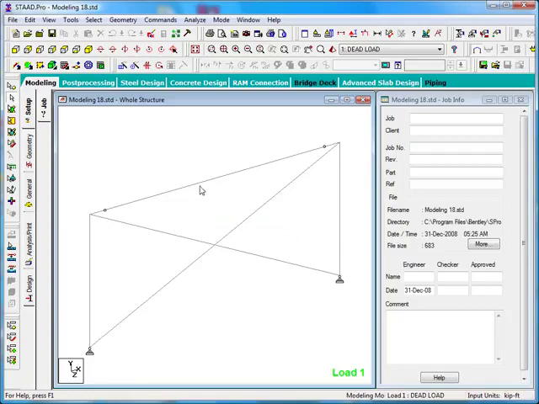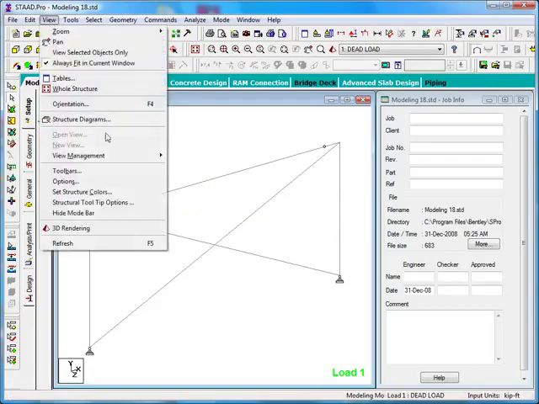So with the beams cursor active, what I'm going to do is just hover my cursor over the horizontal member here, and note that we get a little yellow box of data that pops up. In this case, it says that it's beam number 2 and that its length is 15 feet. Now this is what we call the structural tooltip, and it's actually configurable information. So I could come to the view item in the menu bar and then down to structural tooltip options,